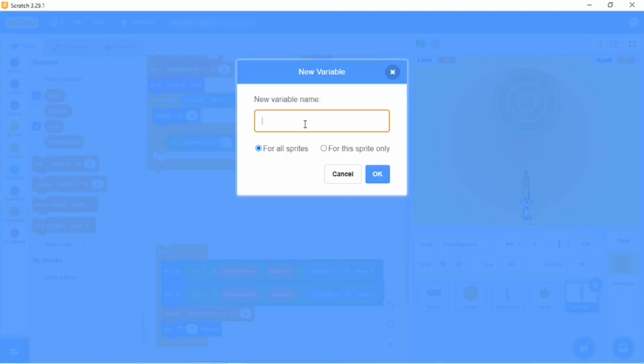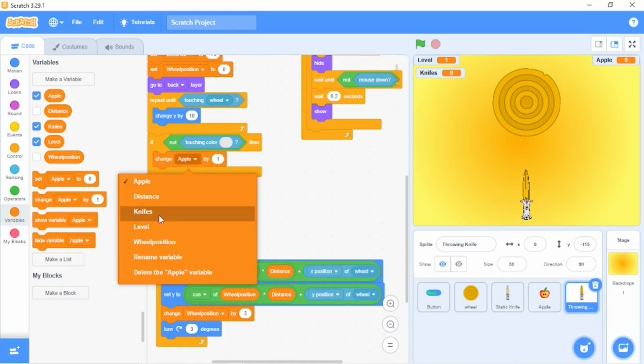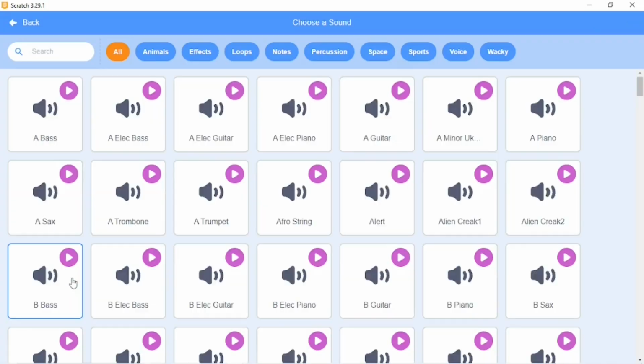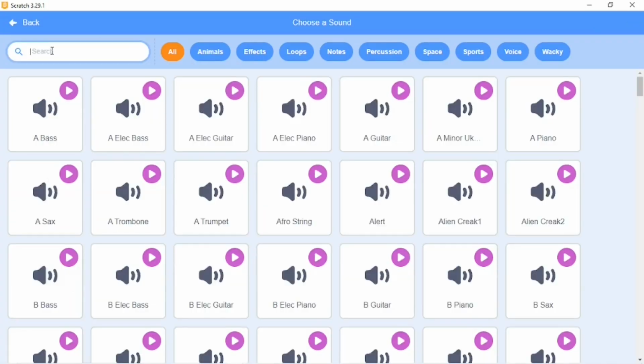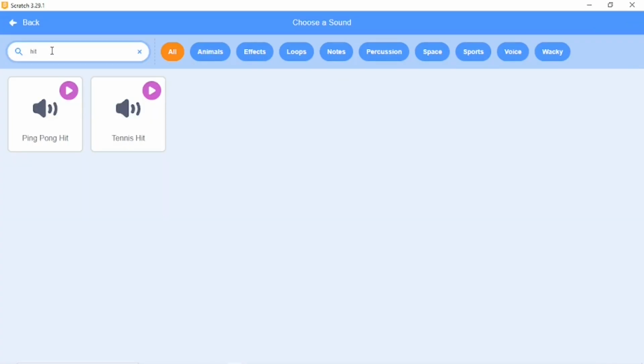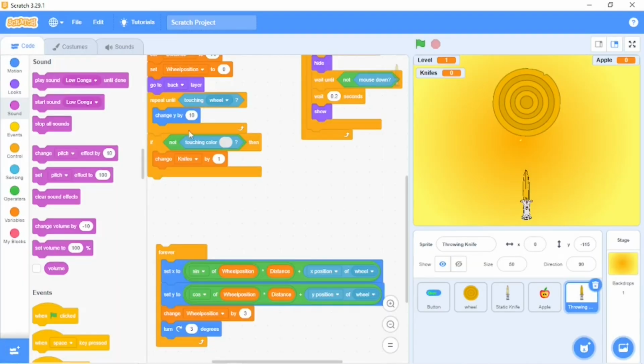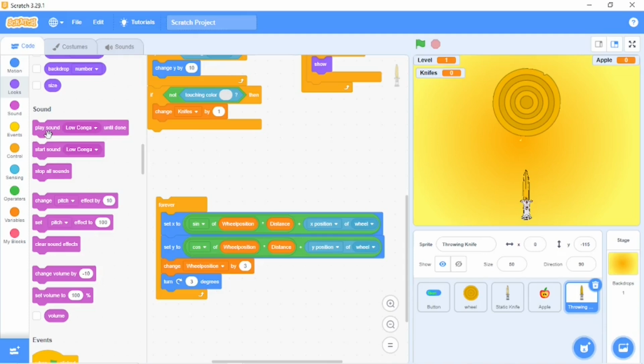Let's make a variable for all sprites, that is knives. Then change knives by 1 and play sound. Let's see if there is a sound. Low conga. Nice. Change knives by 1 and then play sound low conga until done. And then